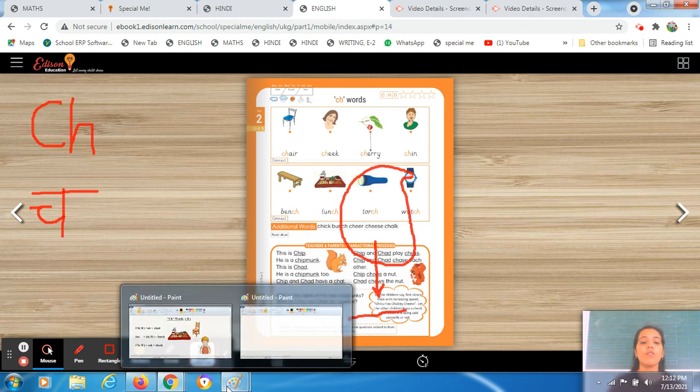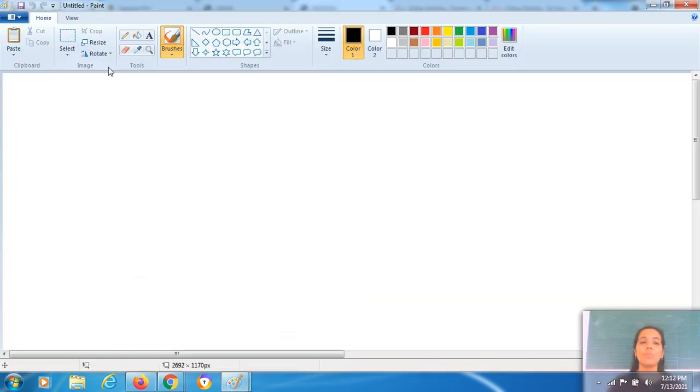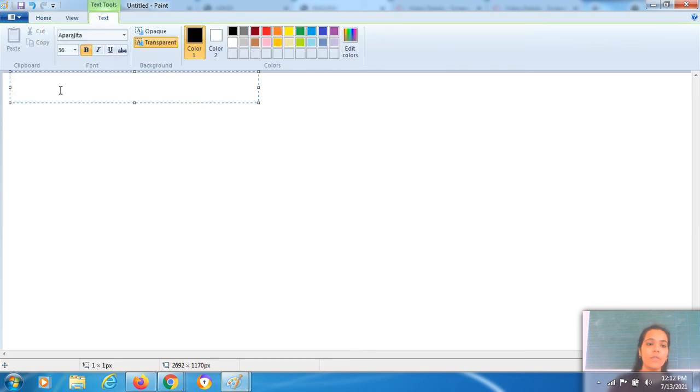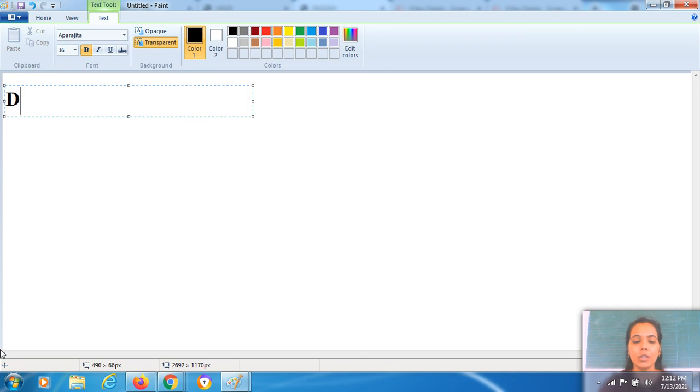Okay, students, for creative, you all have to bring out your drawing files, which is there with you. So creative we will do in your drawing file. So open your drawing files. You all have to carry a sharp pencil and erasers with you. So you have to take out a blank page in your drawing files and mention the date on top. Okay, here you all have to mention the date.